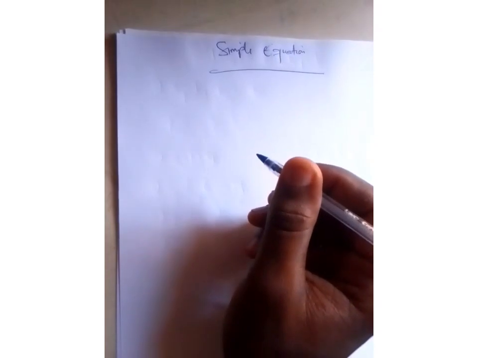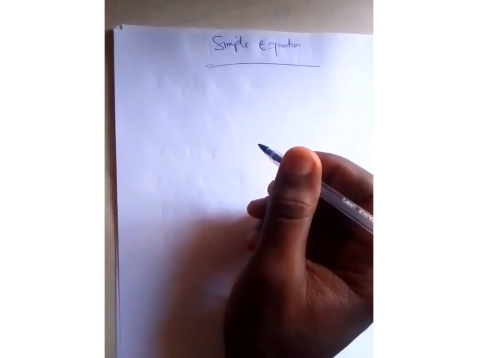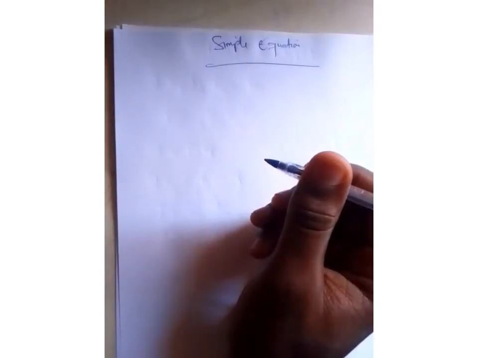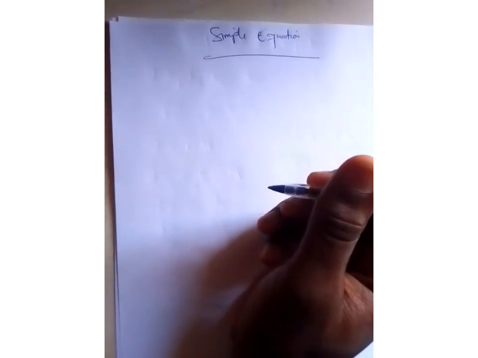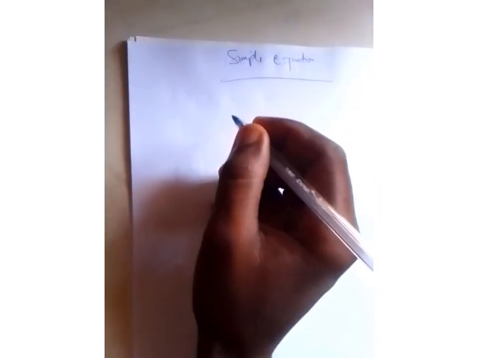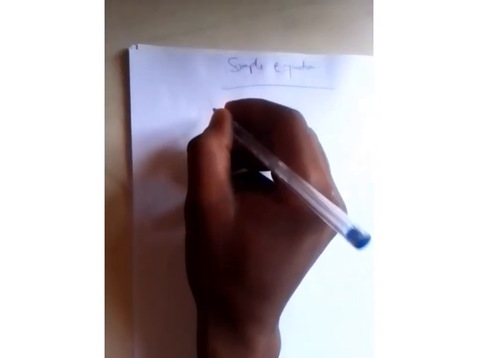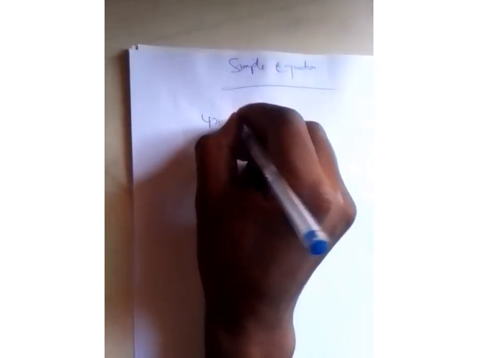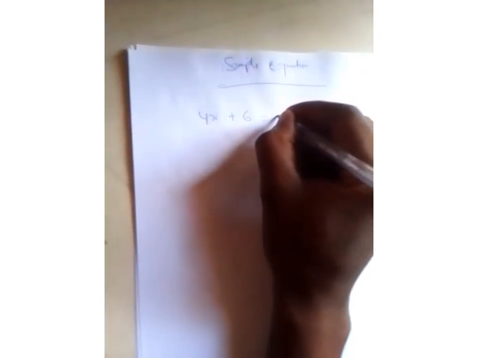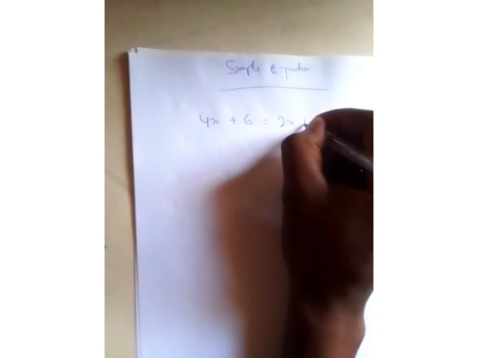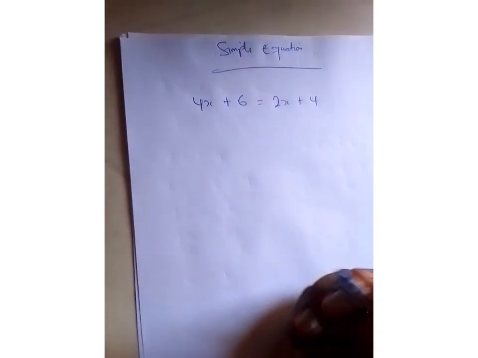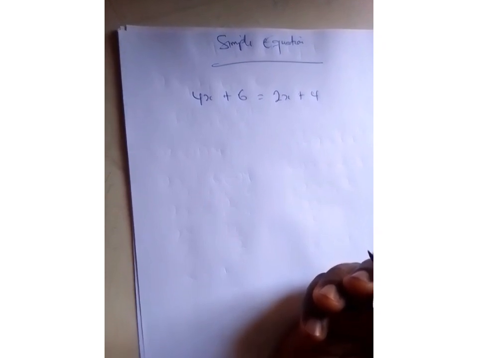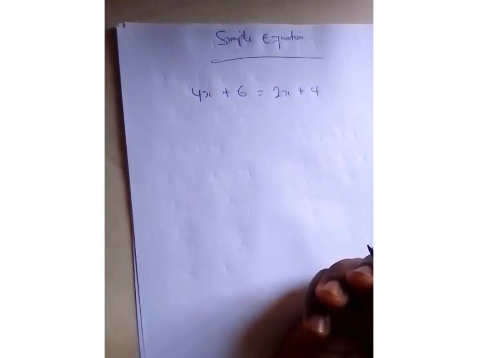This time we'll be taking another simple equation to see how we can approach this problem and come to a possible solution. If you check our previous video, you will see the simpler way of approaching a simple equation to arrive at the solution. But now we're going to consider an equation such as 4x plus 6 is equal to 2x plus, let's say, 4. At least this is a bit more complex, but it's quite simple